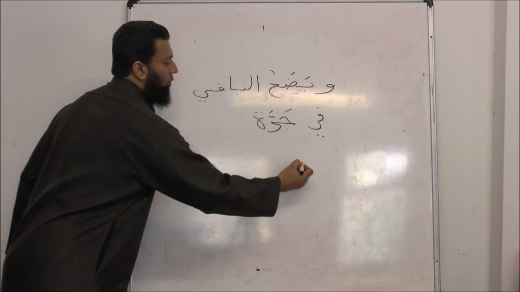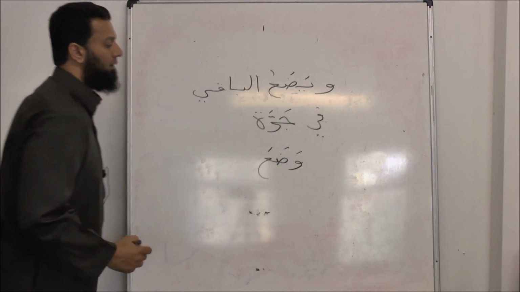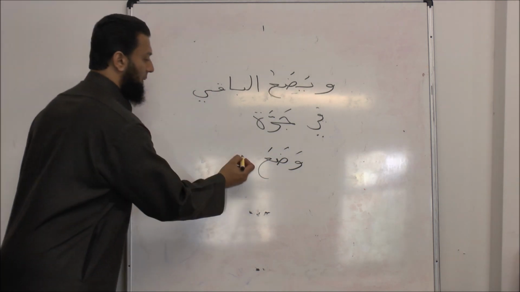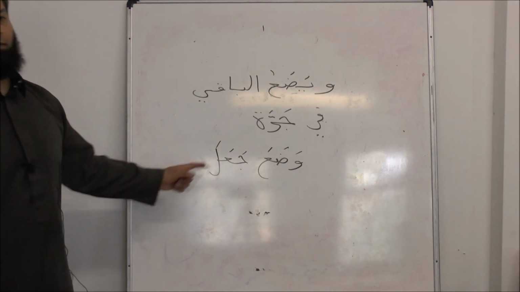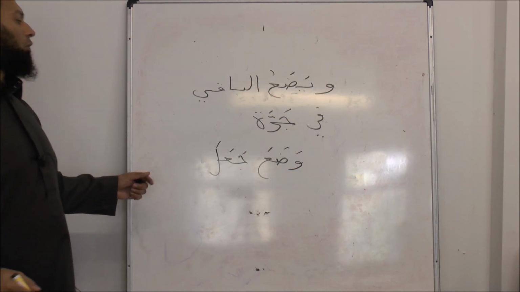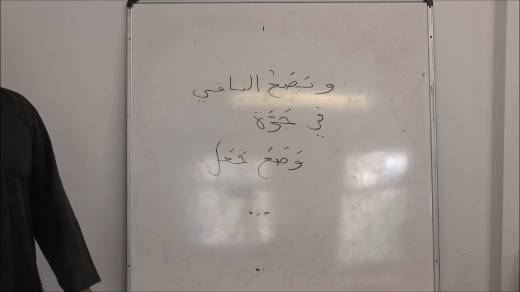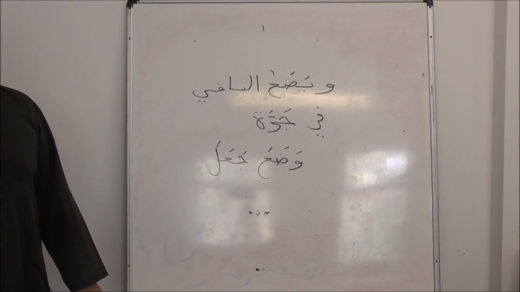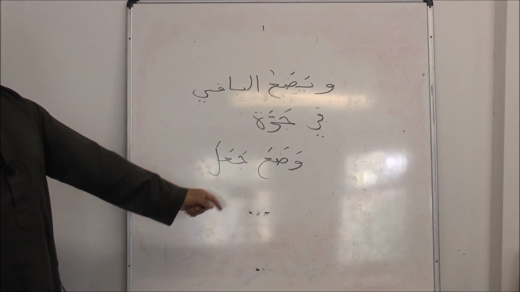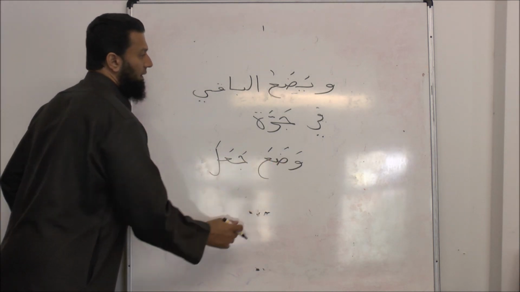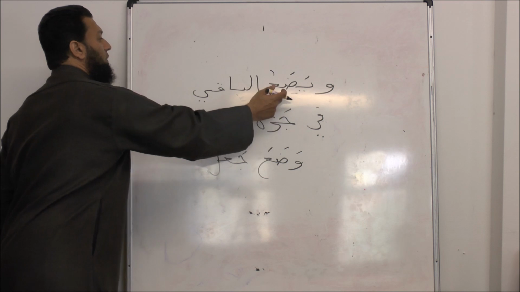The past is وضع. It's very common, this verb, وضع. Also, like جعل. These two verbs are very common. وضع, جعل, it means to place, to put. Right? Place. وضع, that's the past. So when you have the present, it's يضع. Okay? ويضع